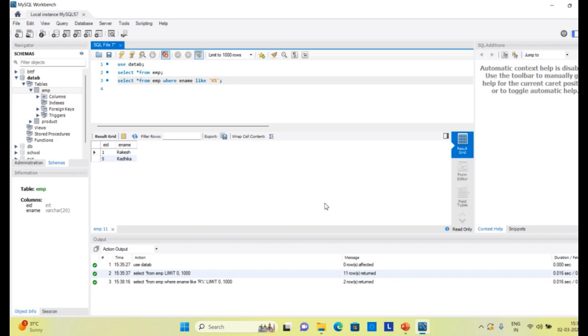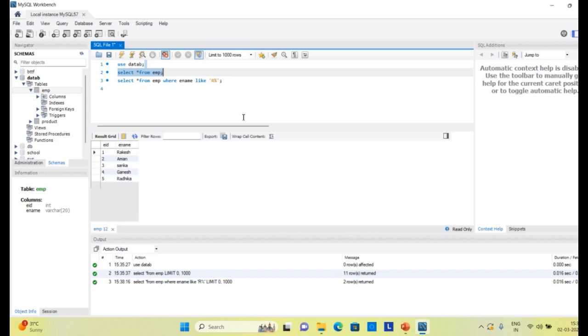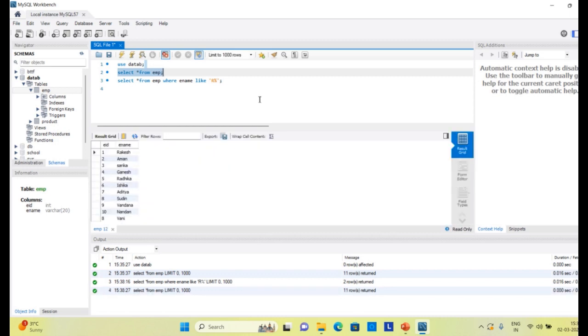Now I want another thing: the ENAME should end with the letter A. So I will write LIKE, and percent first, because the word length may be any, 1, 2, 10, 100, whatever the length of the word.